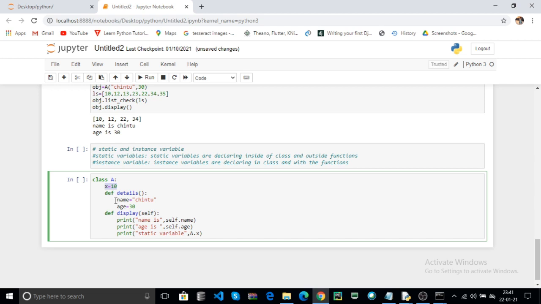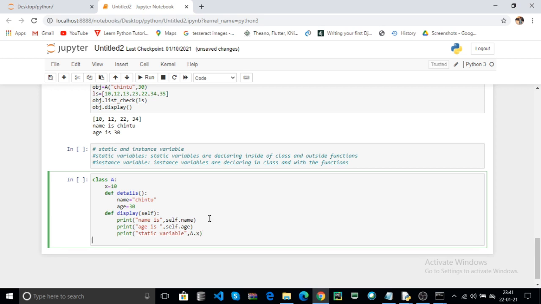Instance variables are declared in the class but within the functions. Here name and age are the instance variables and x is the static variable. You can access the static variables with class name dot variable name, or you can also access them with the object name dot your variable.